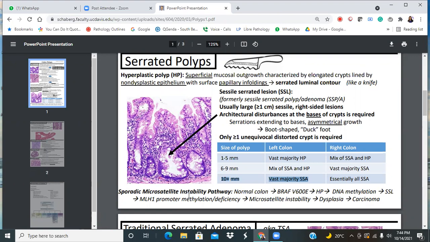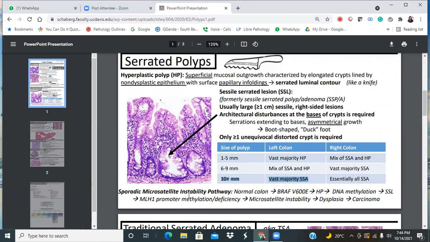Yeah, that's fine. Send him for another 10 years. But if you want to bring him back in 5 years, I'm okay with that too. So it's up to the clinician, especially on the right side. On the left side, I am much more loose. I really have to have very deep living crypts at the bottom.